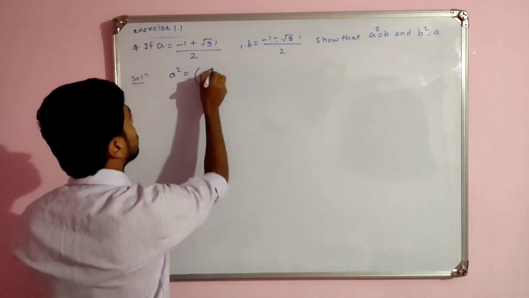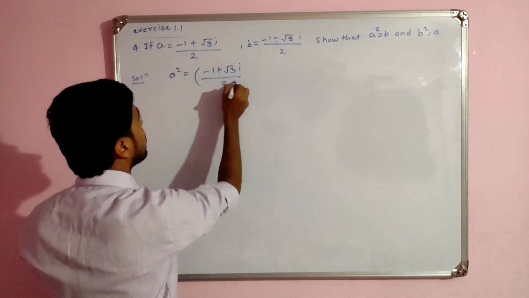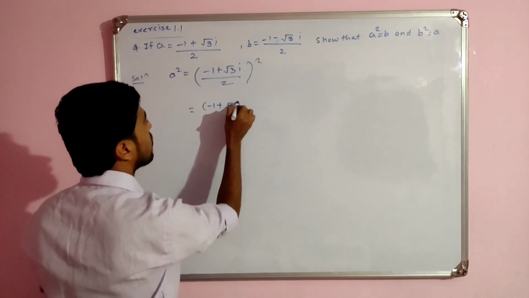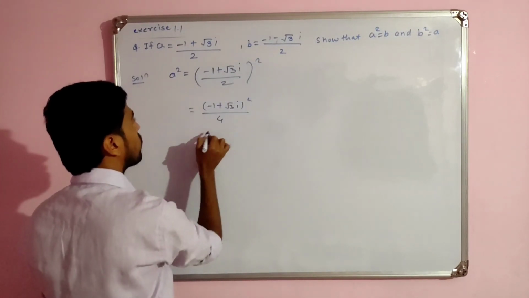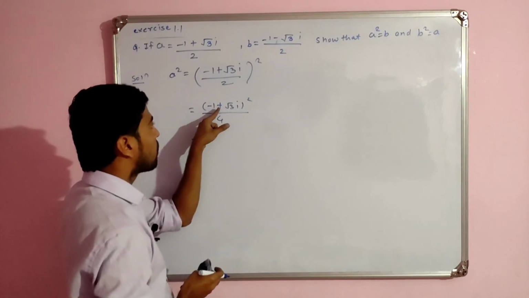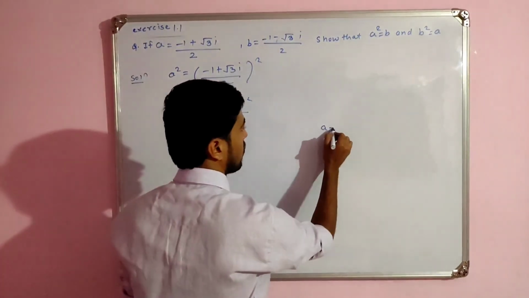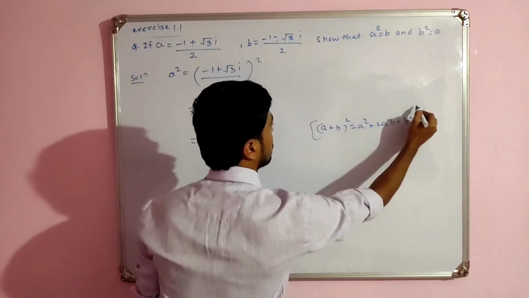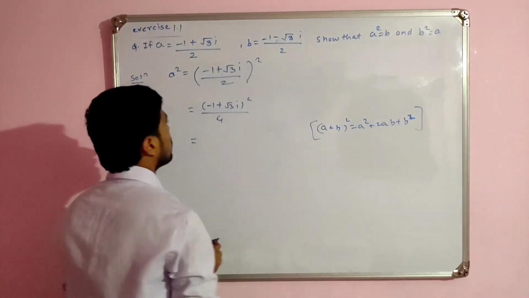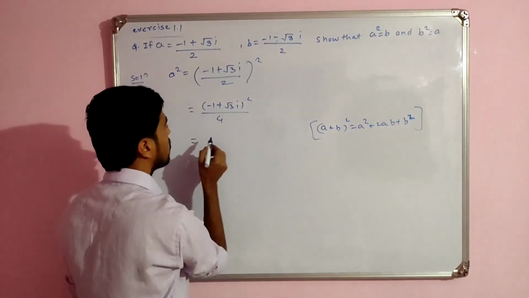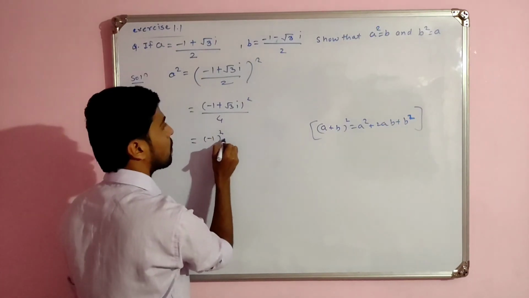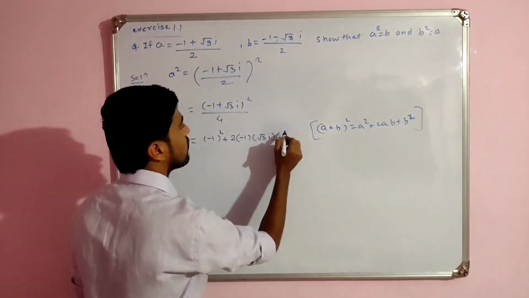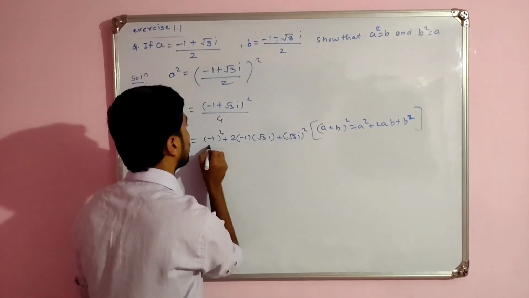Now a square means (minus 1 plus root 3i) all divided by 2, we take its bracket square, is equal to (minus 1 plus root 3i) bracket square, whole divided by 2 squared, 4. Now here we have to use the identity (a plus b) bracket square is equal to a square plus twice ab plus b square. This identity we have to use here. So minus 1 squared plus 2 into minus 1 into root 3i plus b square, that means root 3i its square, whole divided by